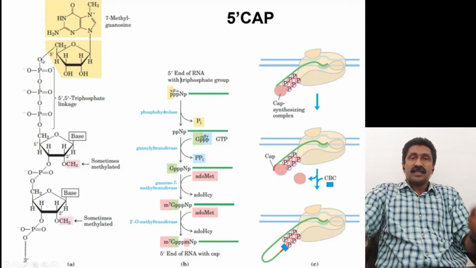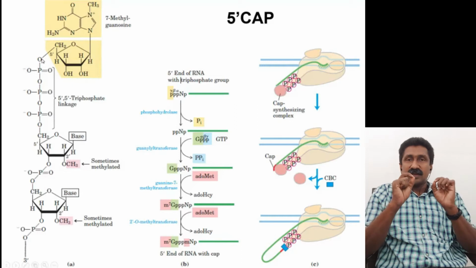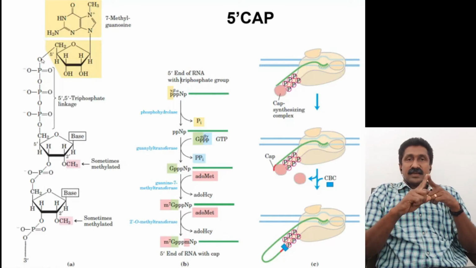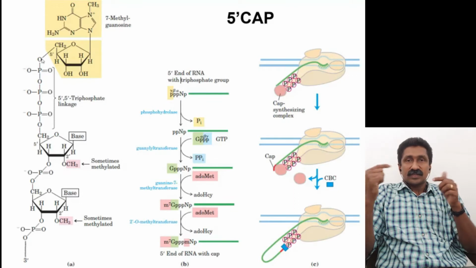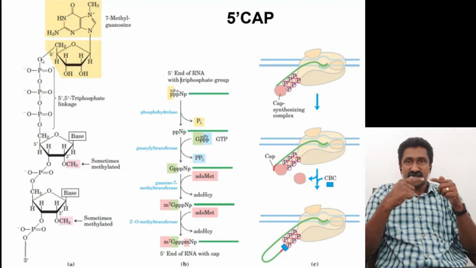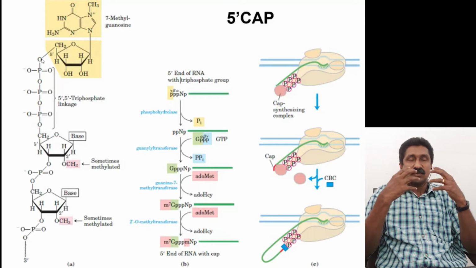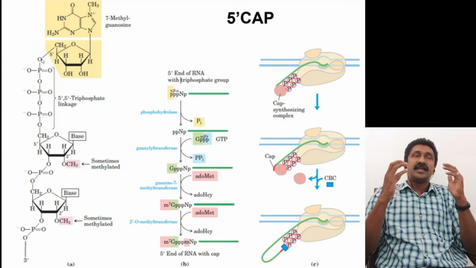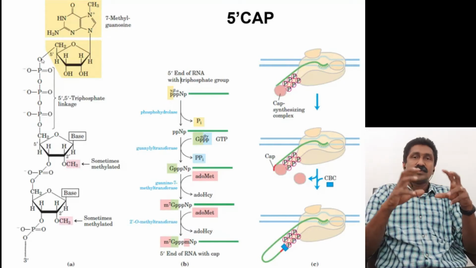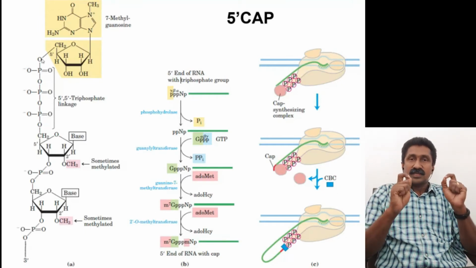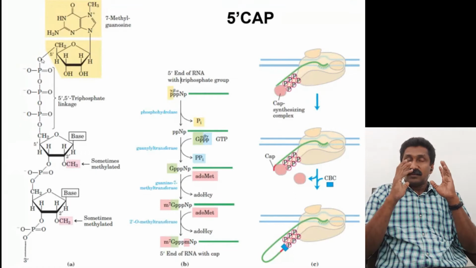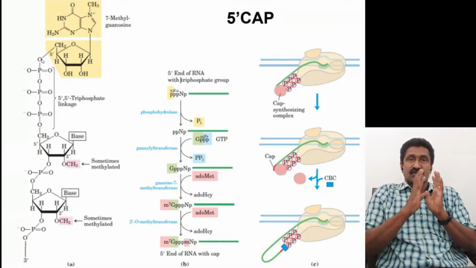So normally in every DNA or RNA, the linkage is a phosphate group with an OH group, or a 3' OH with a 5' phosphate. That is the normal connection or the normal bonding in every DNA and RNA. So that's how the DNA strand or RNA strand extends. So the normal bonding is between 5' phosphate and 3' OH.